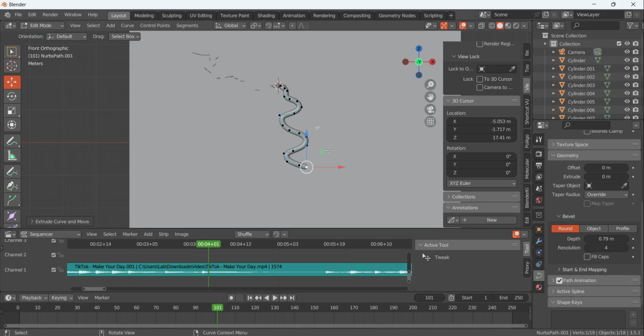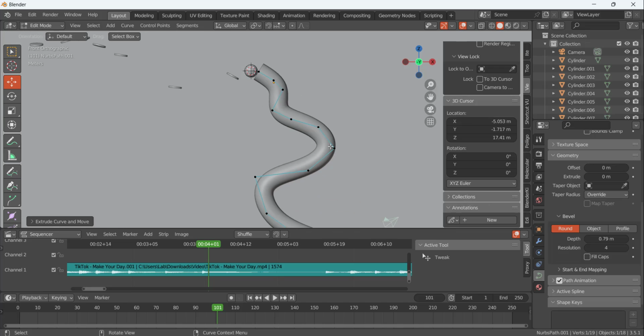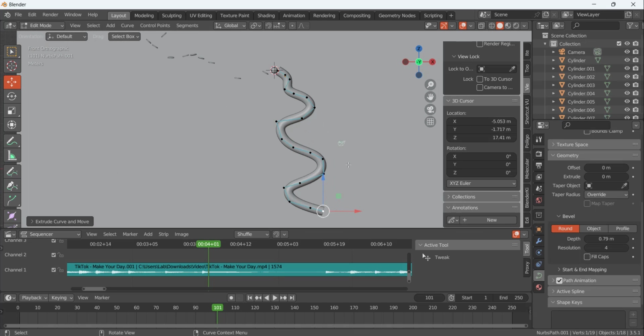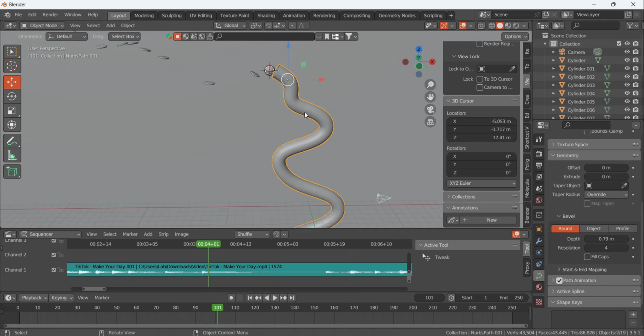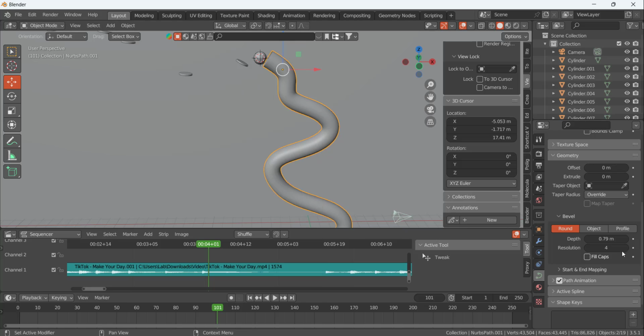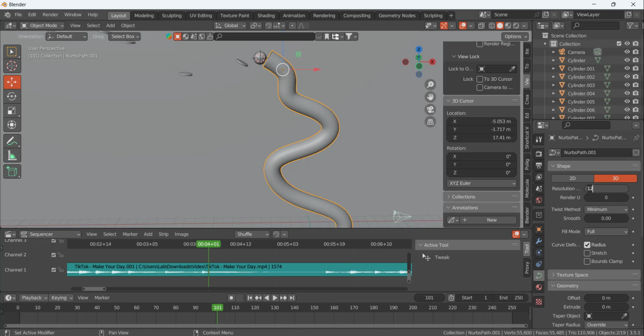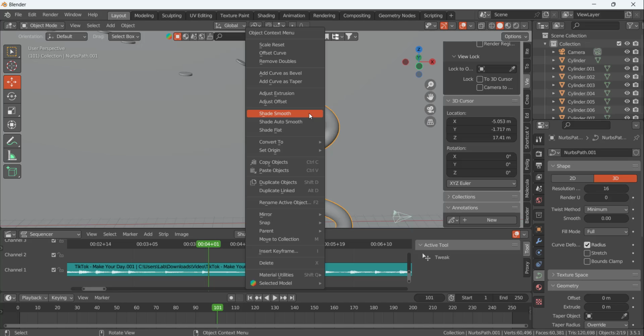So if the size is bigger, we are going to delete it. But for now, I think that's enough. I'm going to convert it to